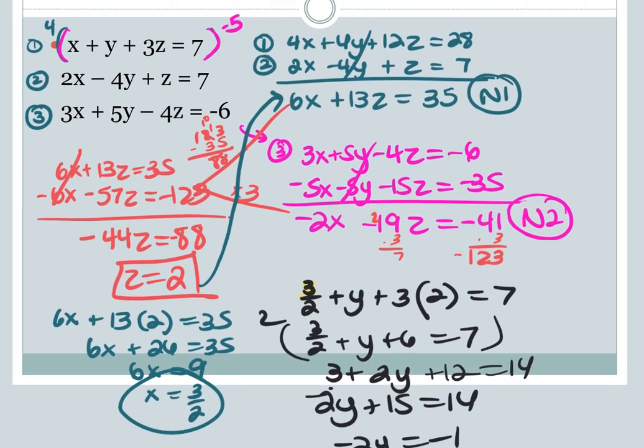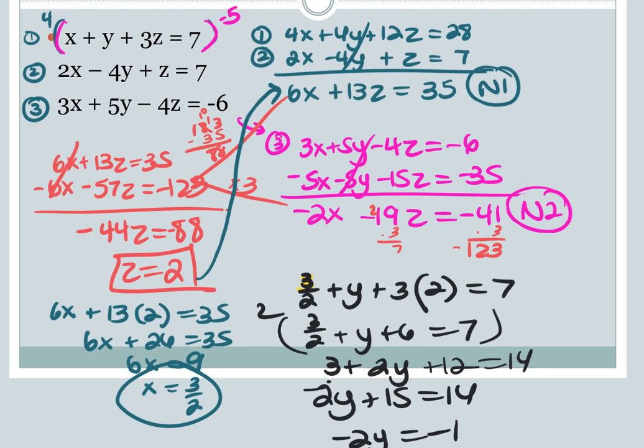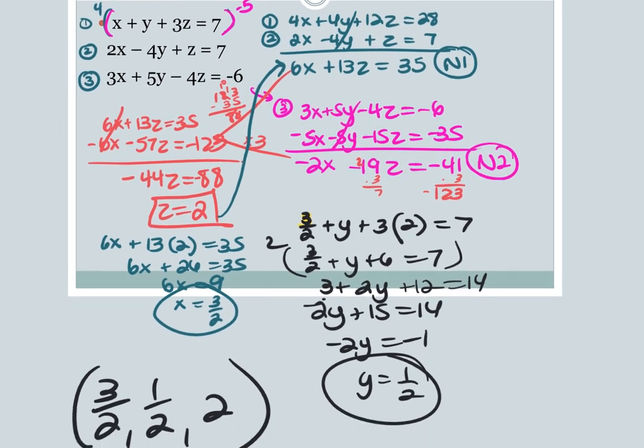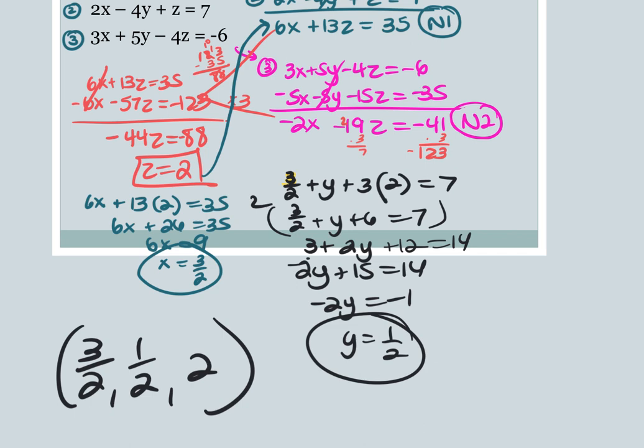I plugged it back into new 1 and got 3 halves for x, and then plugged that back in to the first one, and I got 1/2 for y. Wait, how did you get 35